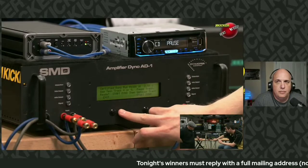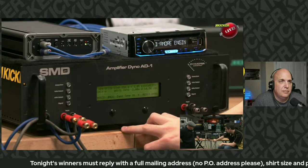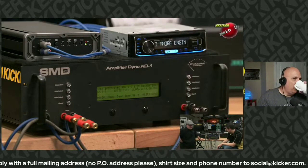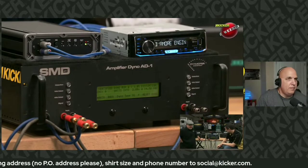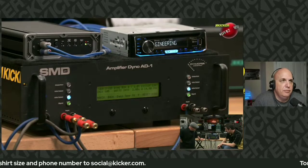Or excuse me, 2 ohm, track 4, certified run. So this is going to be the 2 ohm load. You should see 1200 watts out of it if I unpause the track. And like I said, this is all totally live. We just grabbed this one out of the box this afternoon and threw it up here, so we don't even know what it's going to do. And we are at